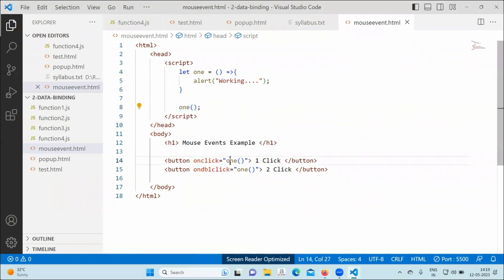But here the function is not called directly. It will get called based on user requirement. If the user requirement says call the button on click, then on click will happen. If the function is called on double click,